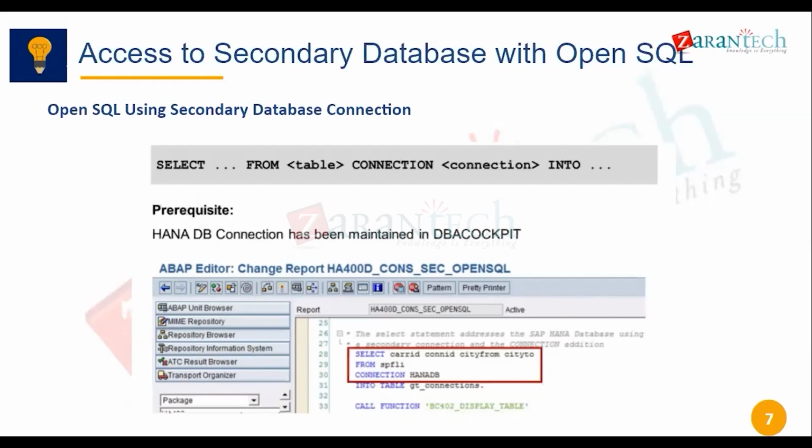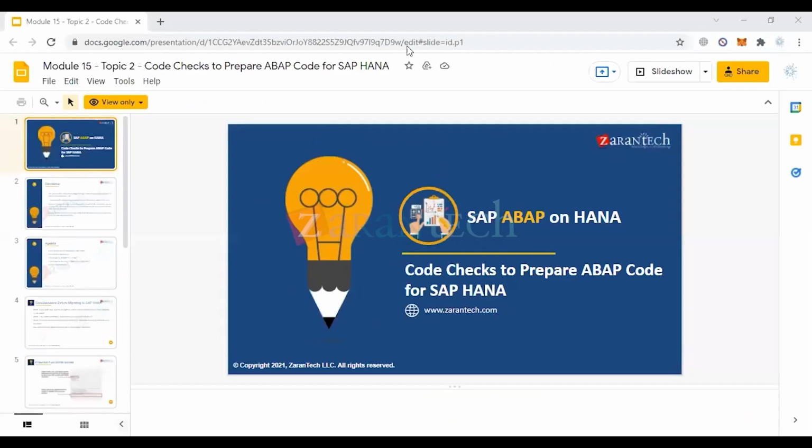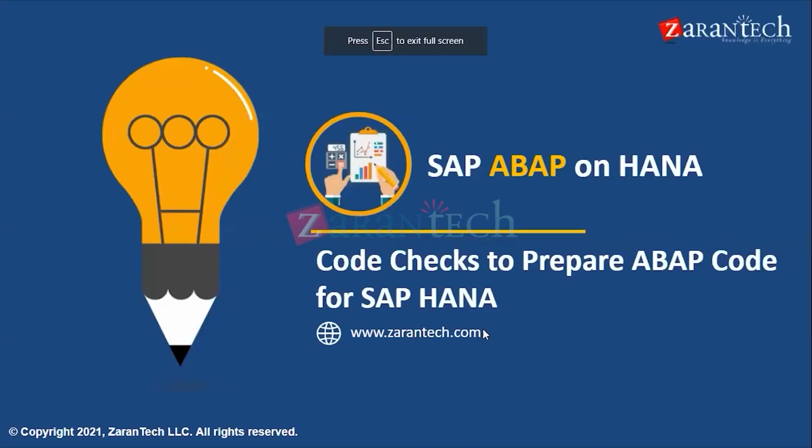So that's not really fair, and it does not give you the essence of the SAP HANA server. That's why we generally go for using Open SQL only. Any questions? So the next topic we'll talk about is what are the different code checks we need to do